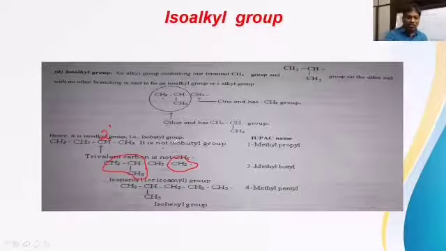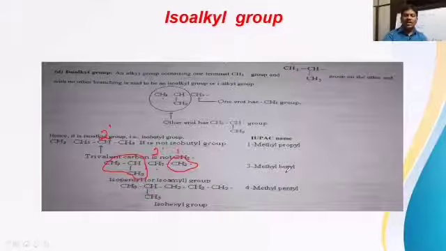So in this case, totally how many carbons? 1, 2, 3, 4, 5 carbons. With 5 carbons, the alkyl group is generally called pentyl. C5H11 is the formula of this one. And in this structure, number 1 position should be allotted to which carbon, as I told you? The free bonded carbon. This carbon should be allotted the first position, and this carbon is the second carbon, and the third carbon has methyl. And the fourth carbon. So totally how many carbons in the longest chain? 4 carbons.